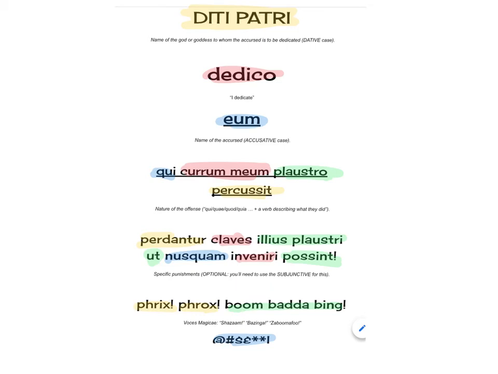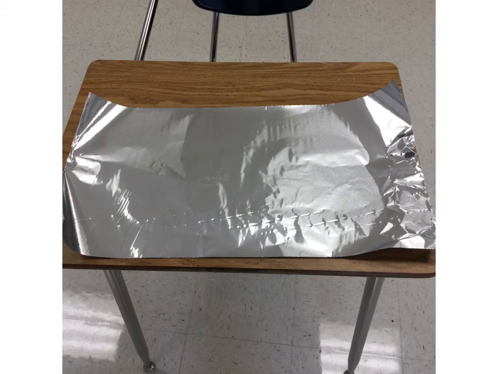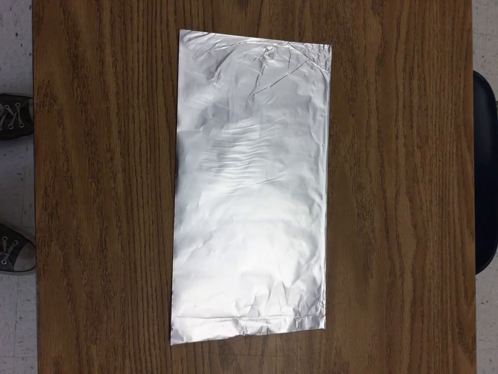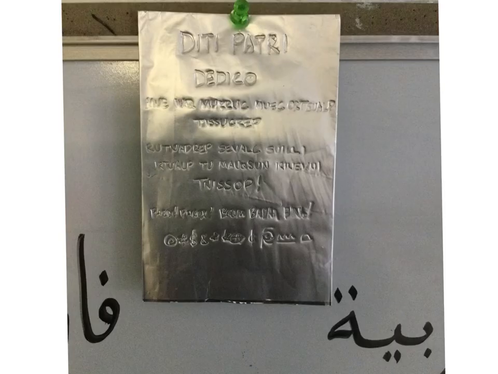Next, I'm going to show you how to put it onto the lead. So, lead's toxic. Instead of lead, we're going to use tin foil, which I'm sure you have around the house. Take a piece of tin foil about so big, about the amount you'd put on a cookie sheet. Fold it in half, 1, 2, 3, maybe 4 times. Then you just take a sharp pencil and you write your curse out onto the tin foil. All right, the dull side works a little better than the shiny side, but it's up to you.